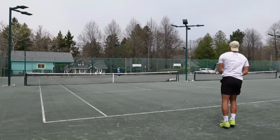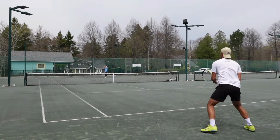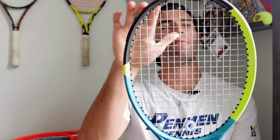A lot of people talk about effortless power. You really get effortless spin and depth, and that just comes from, maybe it's the thick beam with this racket. They got an interesting grommet system up here. I don't like to get too much into the tech, but it does matter sometimes. But yeah, really good from the baseline if you're willing to have that extra power and you can put a